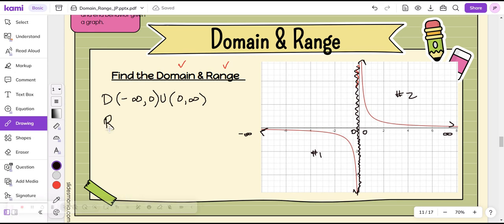On our range, we're going to have to look at the fact that we have a horizontal asymptote. This is this imaginary purple line. And neither piece is going to touch this imaginary purple line. So on the first,